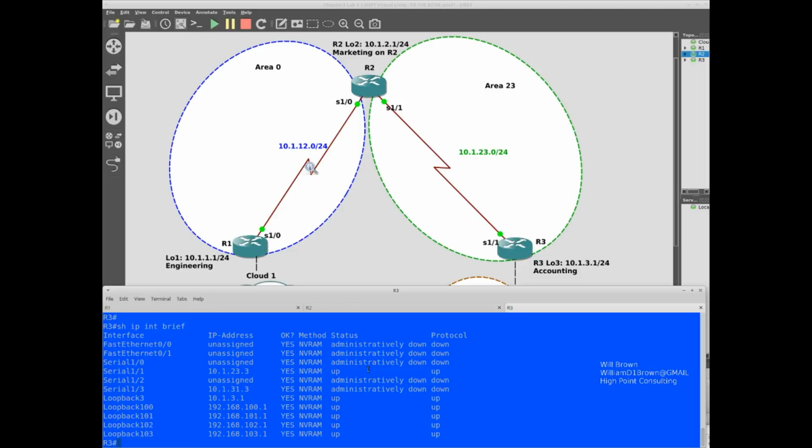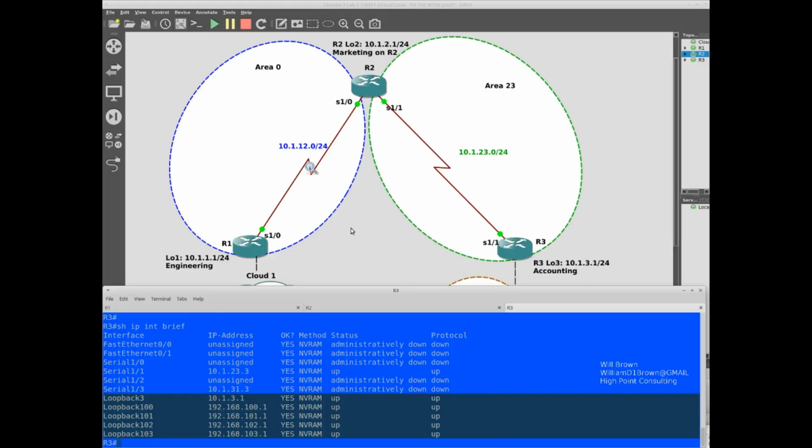The serial 1/1 interface is in the up and up state. Again, serial 1/3 is configured, but notice that it is administratively down and protocol down because I haven't actually done the wiring from router 1 to router 3, but it's just there for now. It will be used later. The loopback 3 interface is up and up, and loopbacks 100 through 103 are in the up and up state.